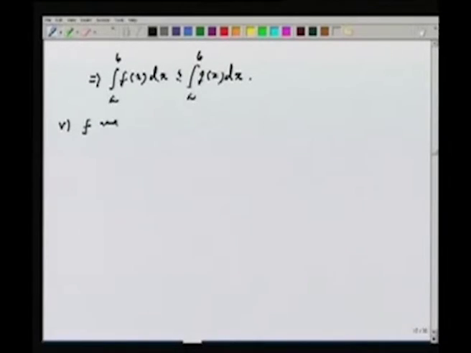So here the only trouble is to prove that if f is Riemann integrable, then so is mod f. Suppose I know this, then the result is actually obvious. That we will see very soon. So first I assume f is Riemann integrable. I have to prove that mod f is Riemann integrable. It follows very easily that if P is a partition, then